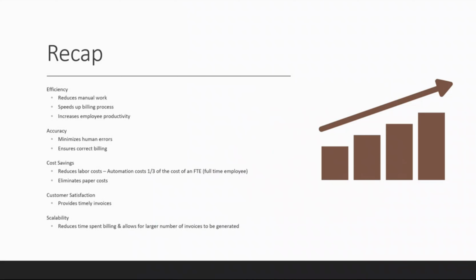And finally, the scalability of your business. This is really a collaboration of everything that comes in. So by freeing up employee time, by automating certain areas of your business, it allows your employees to go and generate more business. Maybe they're going to go get more sales contracts. Maybe they're going to have more billable time because they're able to free themselves up to go and do work that they would not otherwise be able to do because they spend 2 to 3 hours a day confirming that billing is going out correctly. So by doing those things, it frees up time for scaling in terms of bringing in new business or continuing to